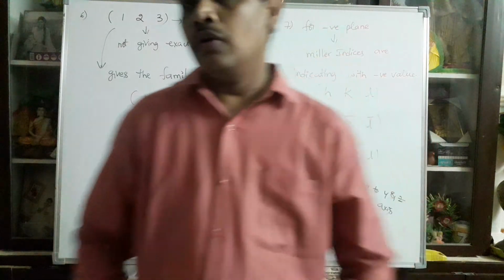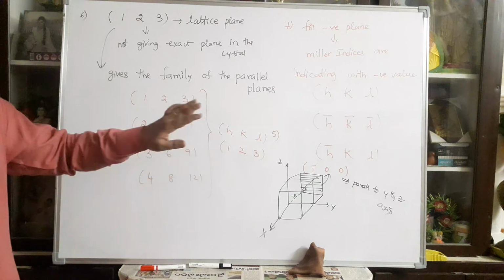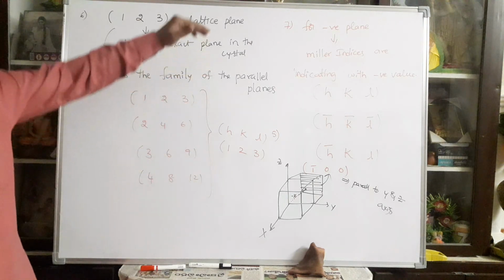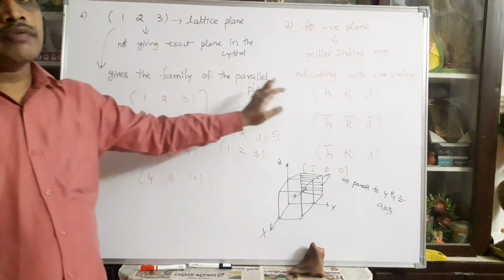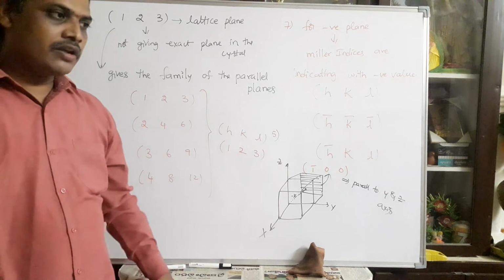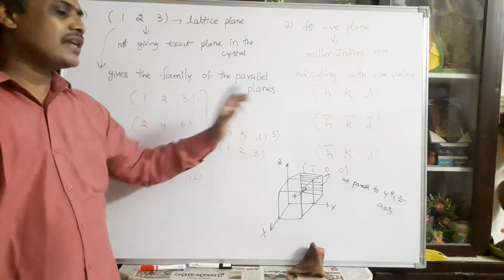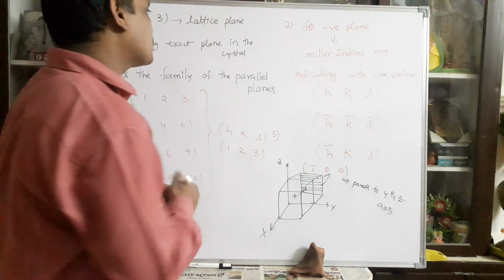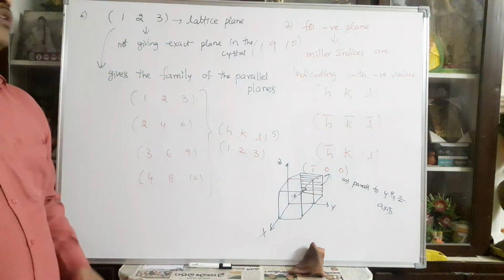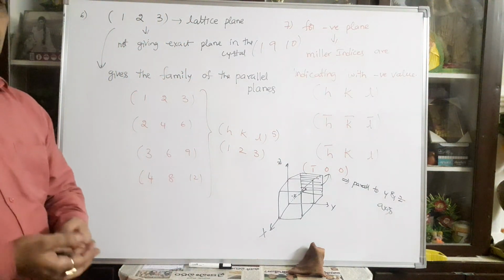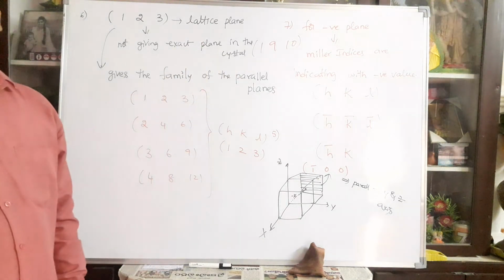Up to then, you must learn what Miller indices are and how they are calculated step by step. After the calculation is known, learn how to draw the lattice planes in the crystal structure based on Miller indices. You can draw them one by one in this way. Each and everyone must learn this topic very clearly and draw different structures as you wish. You can take any numbers like 1, 9, 10 as you wish, and take the crystal size as 9 units or 10 units. In that way, you can calculate the Miller indices.